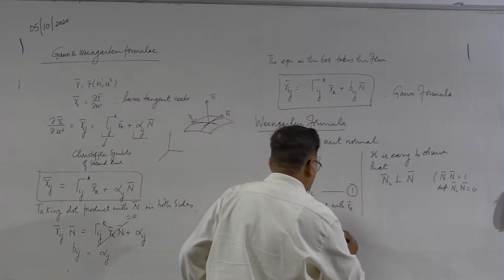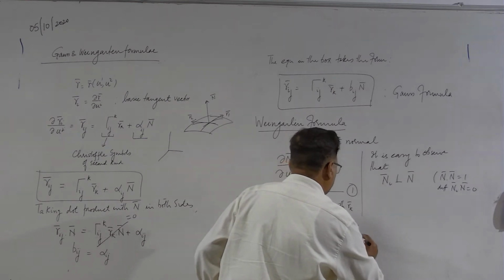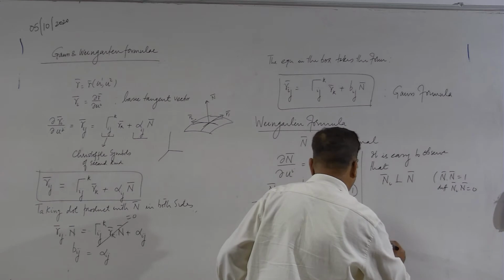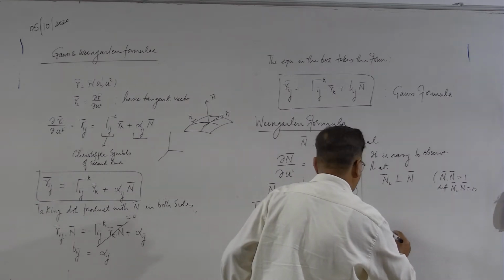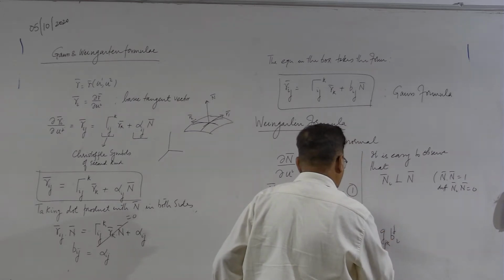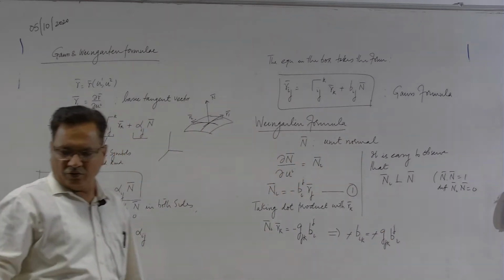So, this implies that minus times B I k is equal to minus G j k into B j I. So, this minus and minus are gone. What you get is